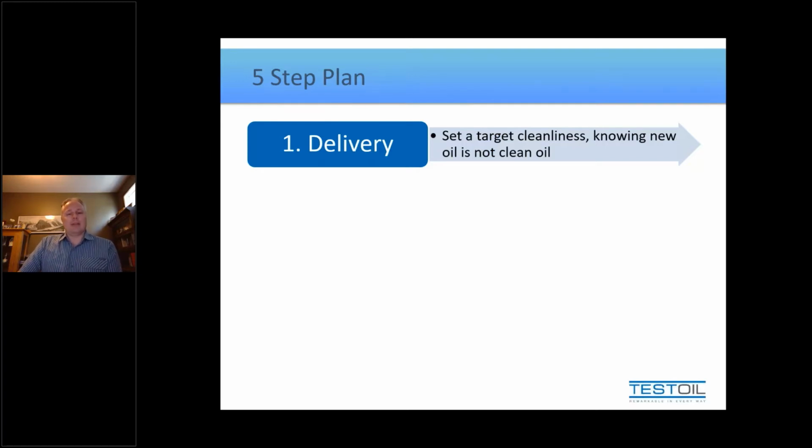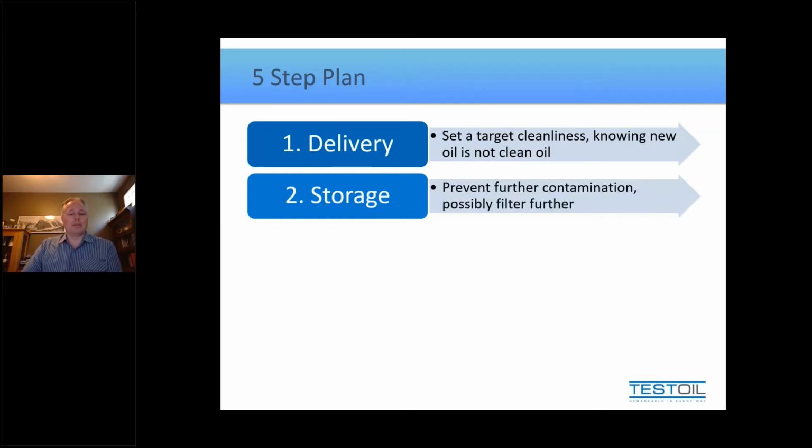Now, what's going to be covered in some of the other parts is we'll talk about taking that delivery and storing it. And when we store it, we have opportunities to clean the lubricant, perhaps, but we should also take steps to prevent it from getting any dirtier. The same can be said once we start dispensing it. When we're handling it and taking it out into the field, we need to worry about keeping it clean, and maybe we can have opportunities for cleaning it up a little bit more.